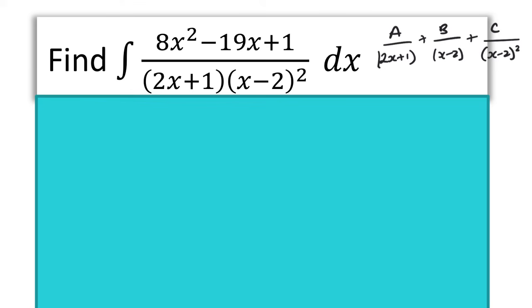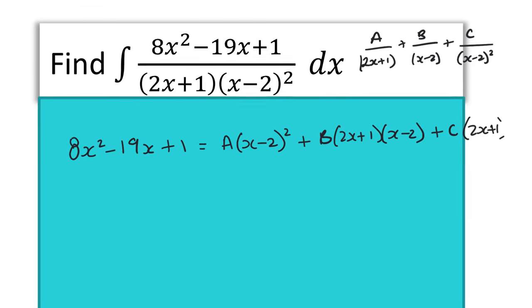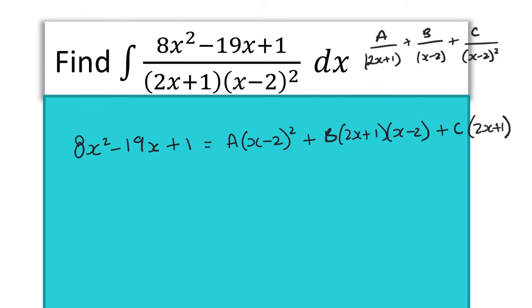Okay? So then, we know that 8x squared minus 19x plus 1 is going to equal a lots of (x minus 2) squared plus b lots of (2x plus 1)(x minus 2) plus c lots of (2x plus 1). Okay? Now, in this one, you've got to think what would probably be the best course of action to compare